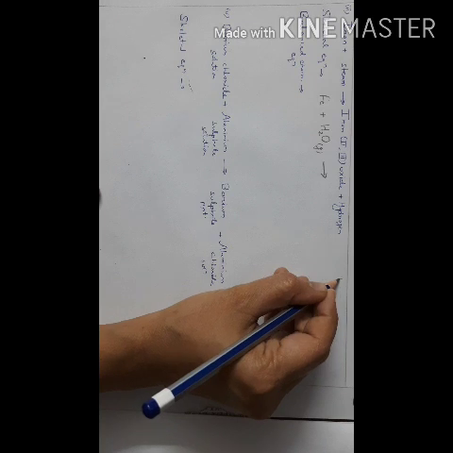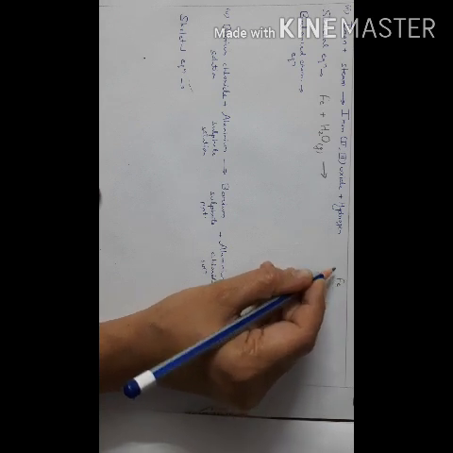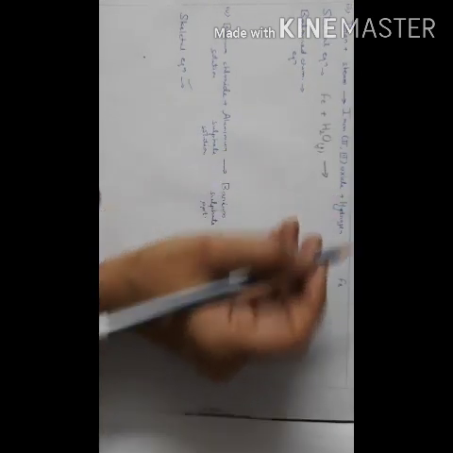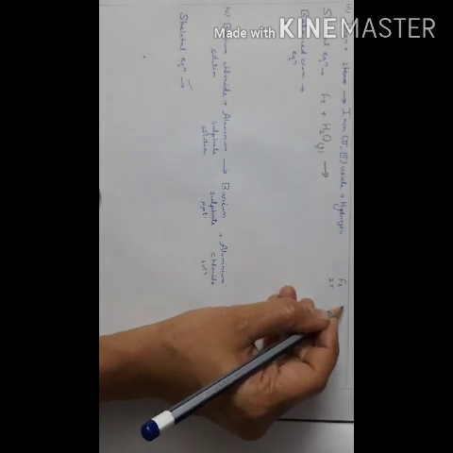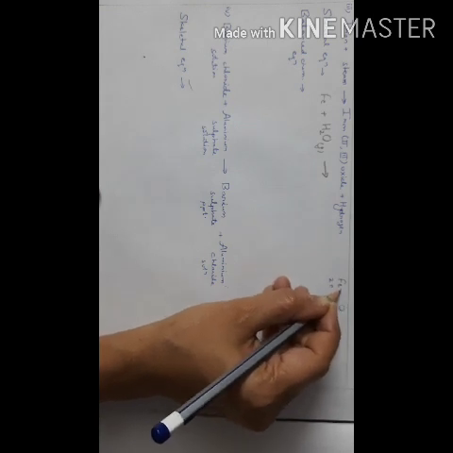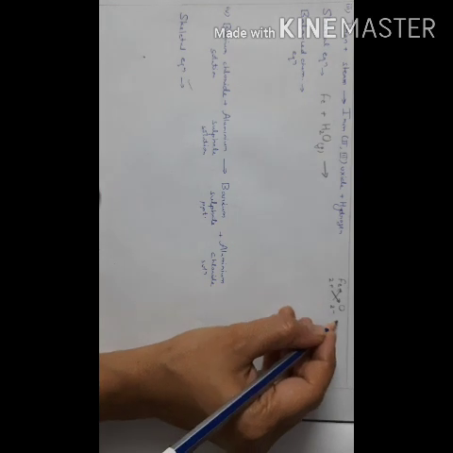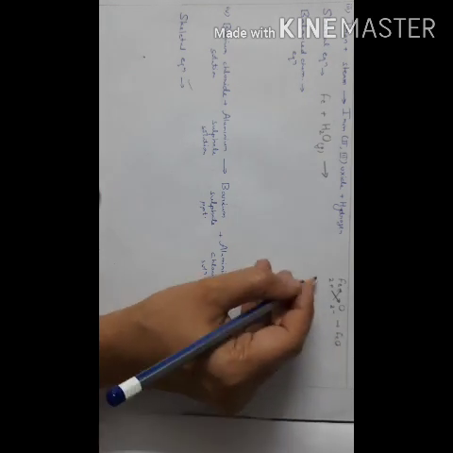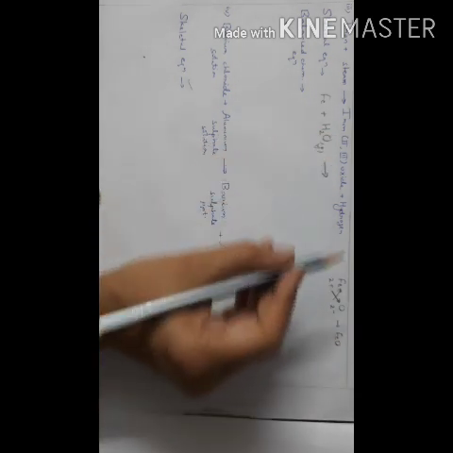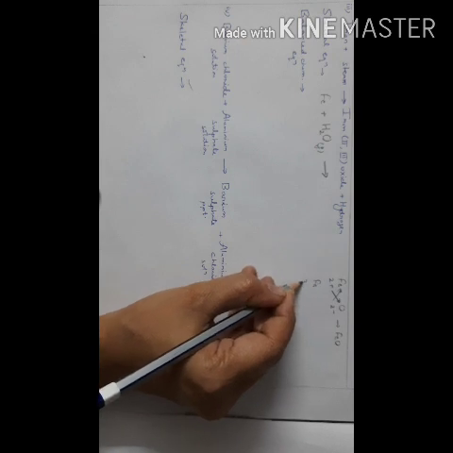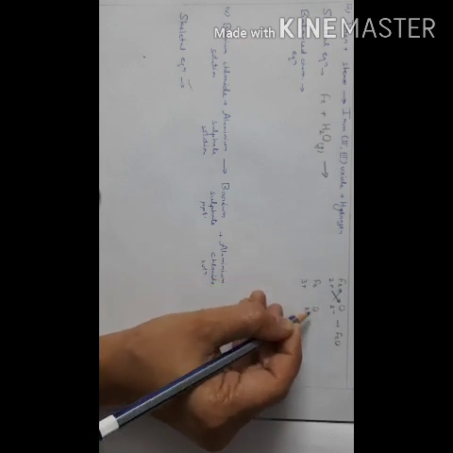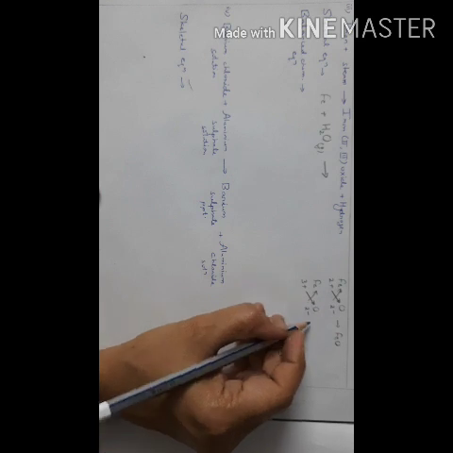Children, we have discussed that iron shows multiple valencies. If it is iron 2 oxide, that means it is showing the valency 2 plus, oxide ion 2 minus, so the formula is FeO. Iron 3 oxide, that means it is showing the valency 3 plus, oxide ion 2 minus, that is